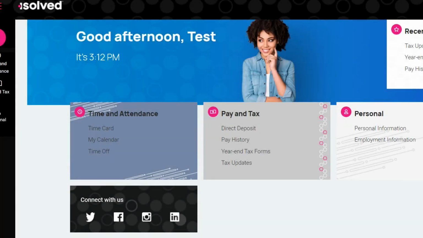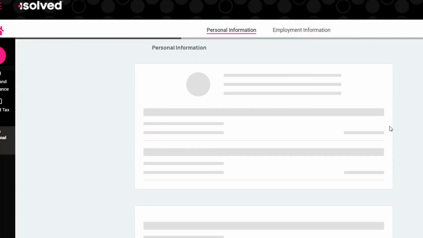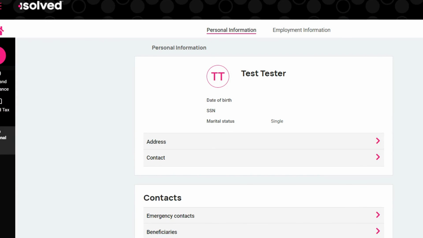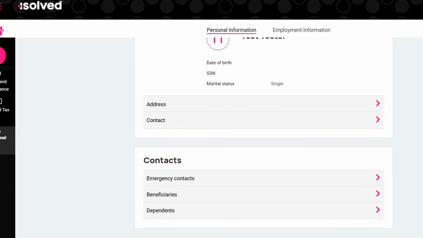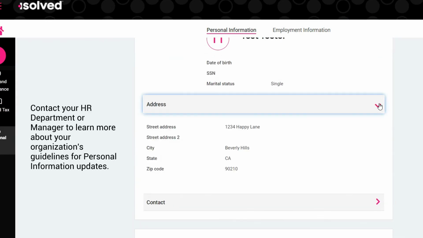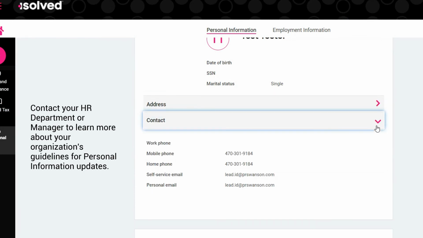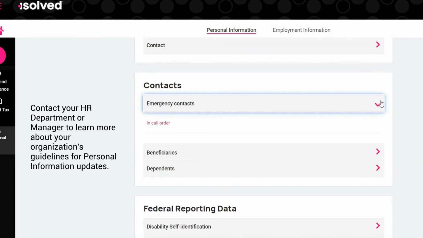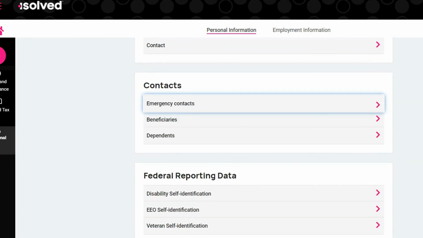Our last area to visit is the personal page. When employees are allowed to edit their own information, such as address, contact information, emergency contacts, beneficiaries, dependents, this is where we would go. Again, we're going to use the expansion arrows, and we would use the edit button to